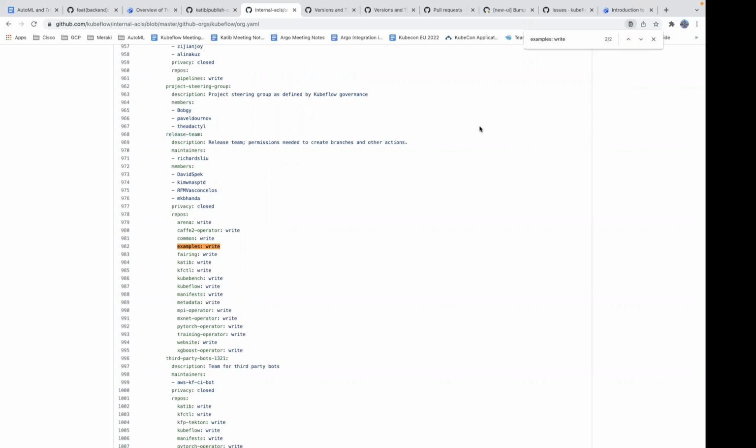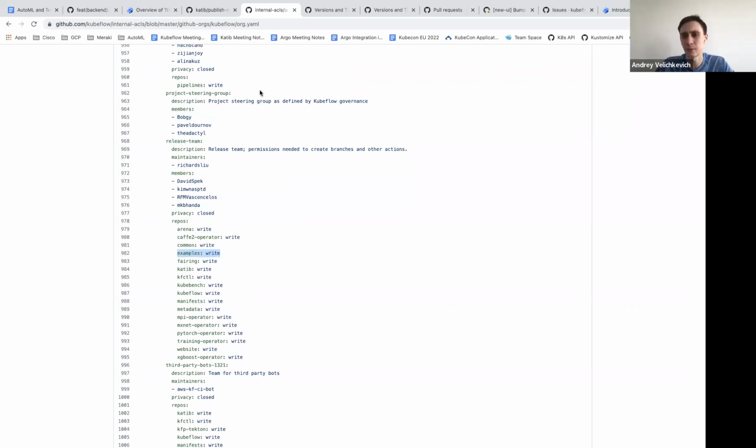Thanks. And without this, I'm not sure we can set up the GitHub actions to make this automatic. But still, if you don't have the write access, you can't trigger the actions. You can do a workaround with the PRs, like I think what the Notebooks working group is doing, creating the PR to trigger the CI.